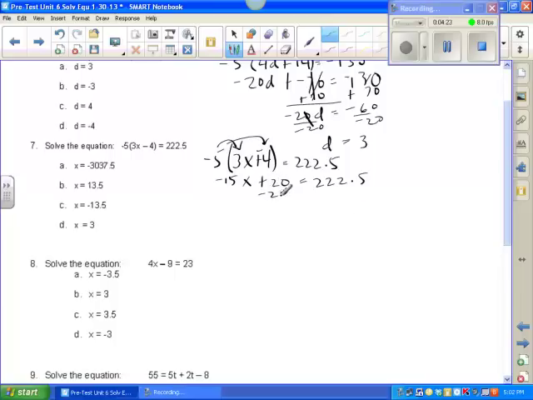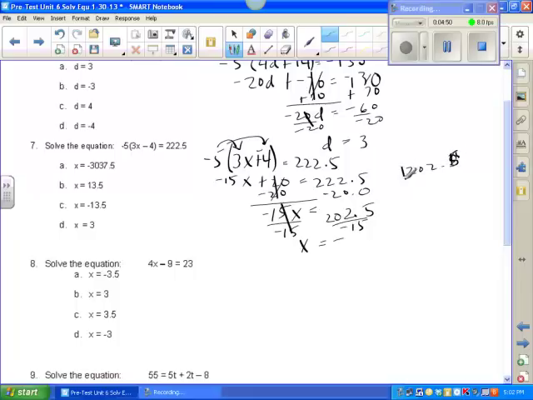So the opposite of the number would be negative 20. So make sure you line this up when you're dealing with negatives. So that would be lined up there. So that's going to be 202.5. And then I'm going to do the opposite of the operation. So divide by negative 15. So x equals, so I have a positive divided by a negative, it's a negative. Okay? And then